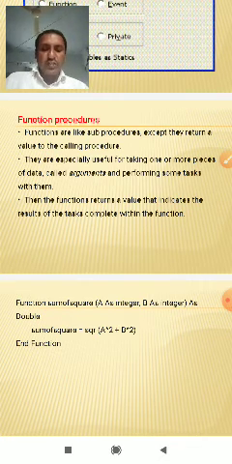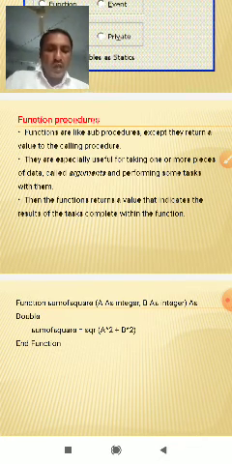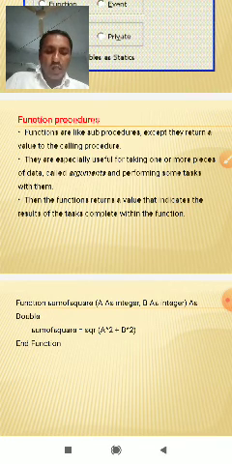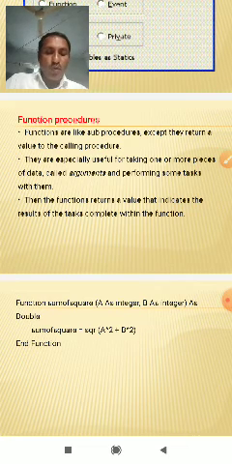When the procedure finishes running, it returns control to the calling code.